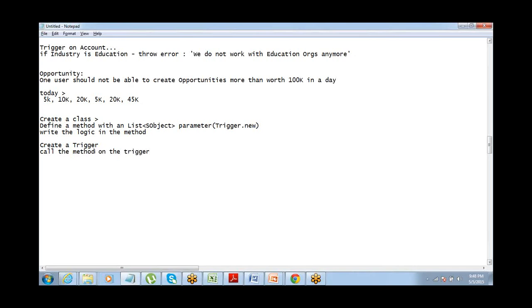Is what we have to do. That's it. So you create a class, then you define a method with the list of sObject parameter, and the value to that parameter will be supplied by the trigger.new. Write the logic inside that method, whatever you want to do. Then save that class, come out, create a trigger, and in that trigger don't write all the logic or the entire code. All that you have to do is just call that method on the trigger. That's it. Okay.